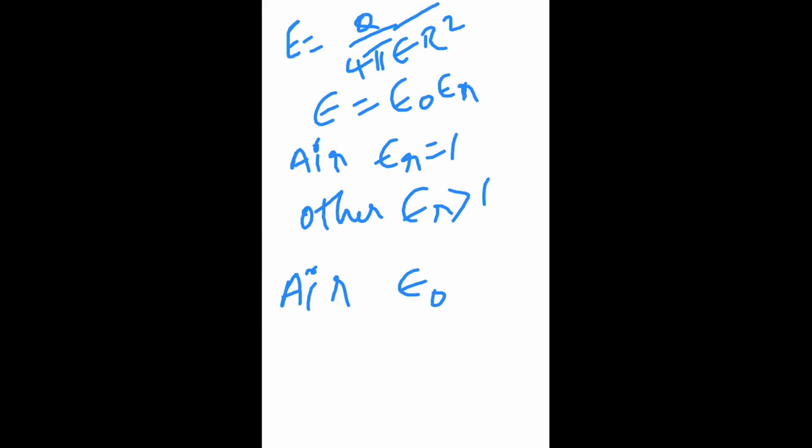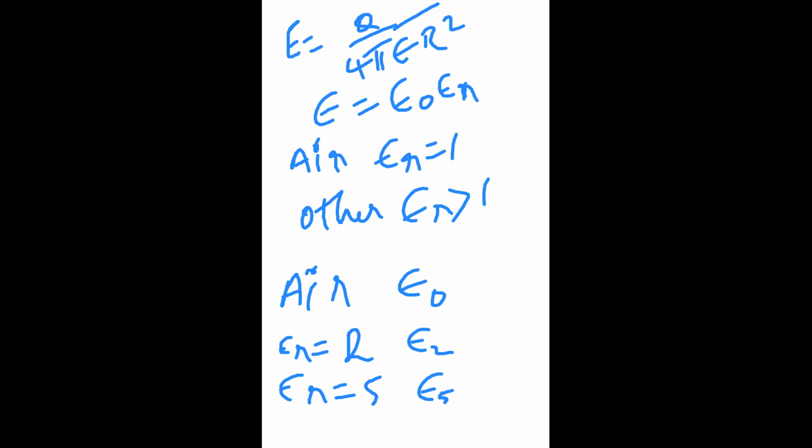For other than air, say if epsilon r is 2, you are getting epsilon 1. Say if epsilon r is 5, you are getting some new epsilon, say epsilon 2. Or otherwise, for clarity, you can take that value itself. Whenever epsilon r is 2, you are taking epsilon 2. Whenever epsilon r is 5, you are taking epsilon 5.